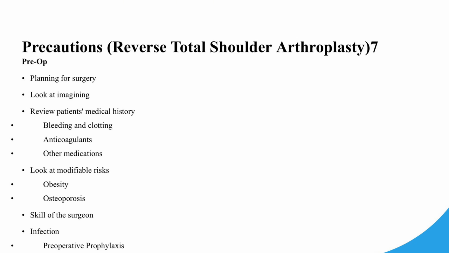And you also want to make sure with any patient, always review medical history. Some of the big ones that I found in that article were any history of bleeding and clotting, if they take anticoagulants of any kind to help with clotting, and any other medications under that area. Some other modifiable risks that it mentioned were obesity and osteoporosis, and what they said in their